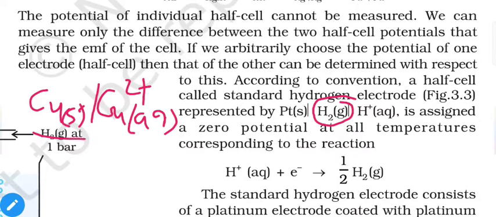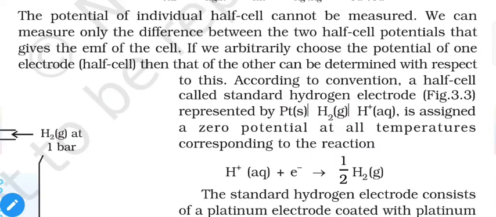So instead of solid copper we have gaseous hydrogen, but we need some solid surface for the conduction of electrons. That's why we use some solid which cannot participate or interfere in the reaction, and a good option is a noble metal. That's why we are using platinum. Platinum is a noble metal, which means it won't participate in any kind of reaction, but it is still a metal, so it will help in conduction of electricity. That's why we use one extra thing when gaseous compounds are used.